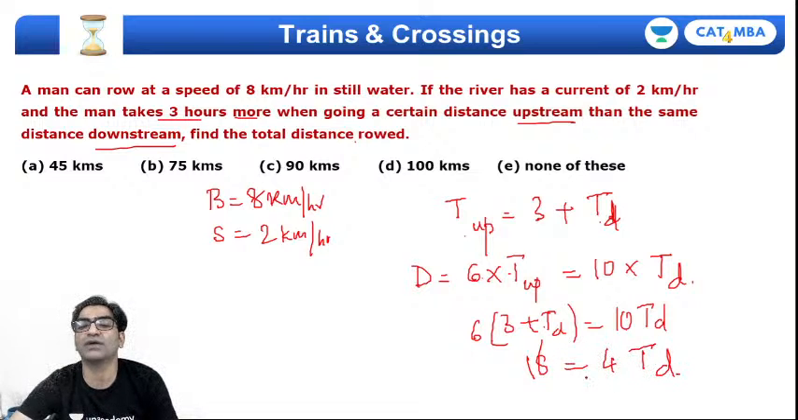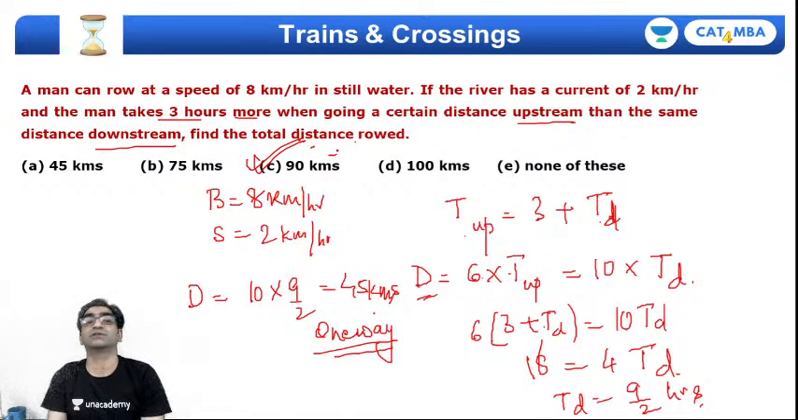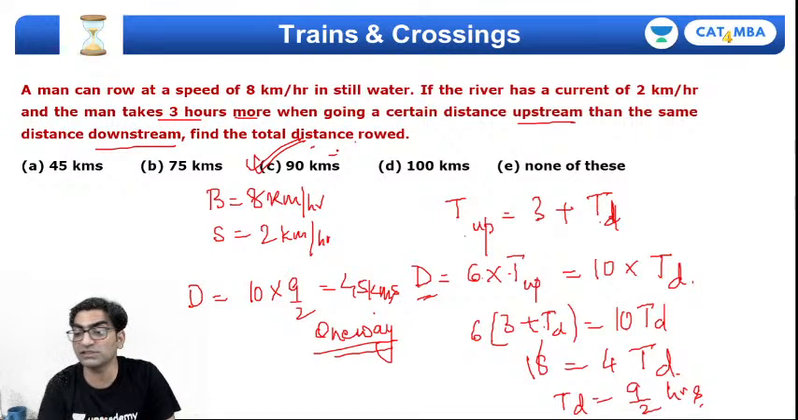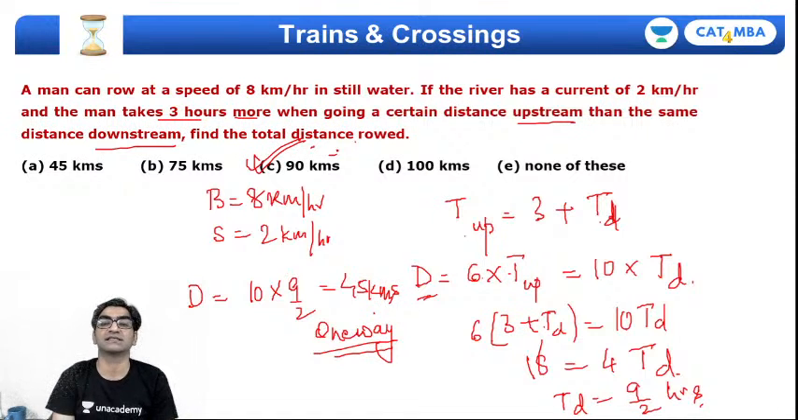4 times time to go down is 18, which means time to go down will be 9 by 2 hours, right. So 4.5 hours. Find the total distance road d, right. जाते वक्त डिस्टेंस कितना कवर करेंगे, 10 into 9 by 2, right. 90 by 2, 45 kilometers, right. So this is 45 kilometers one way. So total distance traveled will be 45 plus 45, 90 kilometers, right. So the boat travels a total distance of 90 kilometers, right, and it does this,